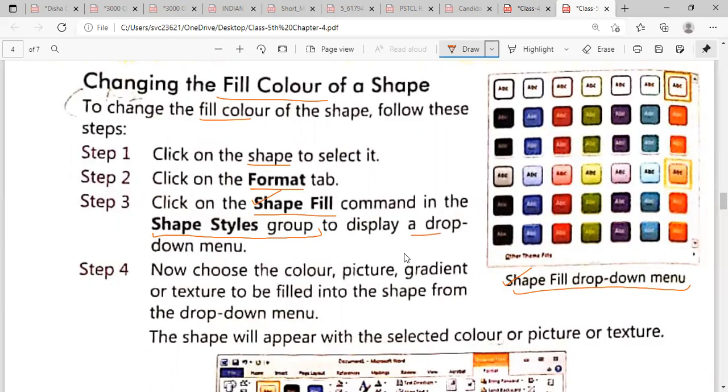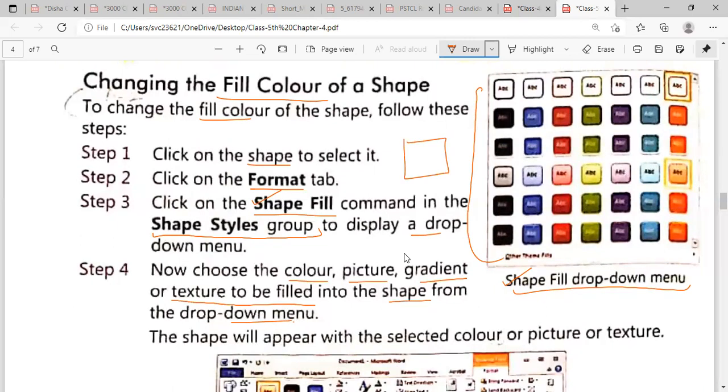Okay, now under the step 4, now choose the color. You can choose the color, picture, gradient, the light color you can choose, and texture to be filled into the shape from the drop down list. Now here you can find various colors, which color you want to fill inside your image, then that color you can choose.